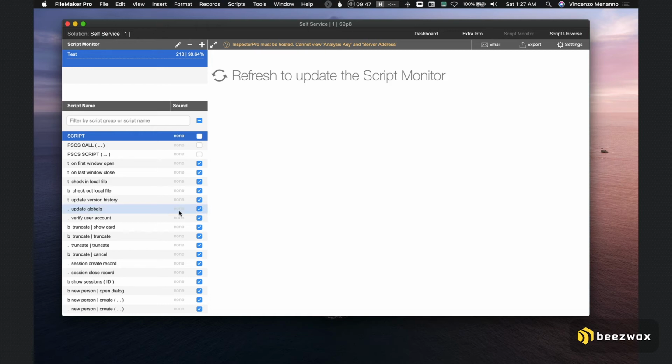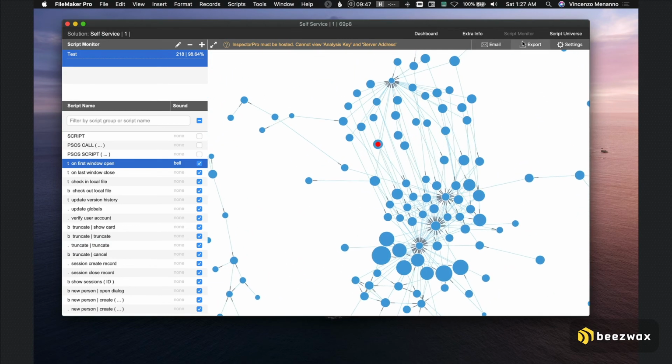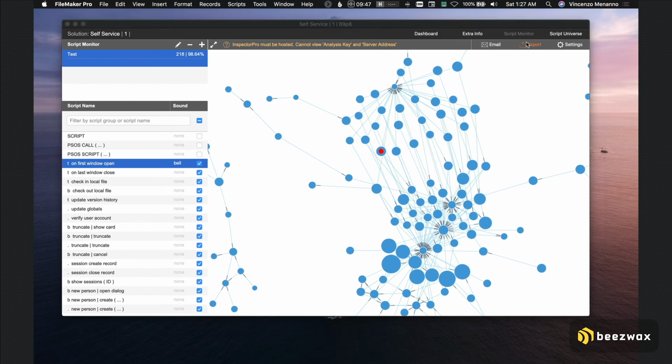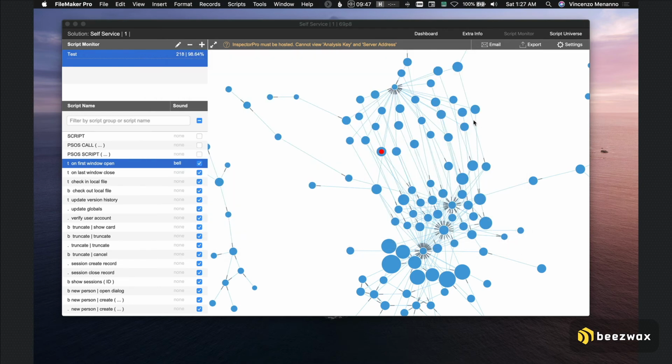It generates the monitor with all the scripts. Again, I could selectively pick the scripts that I don't want to have monitored. Maybe these scripts are not necessary to monitor. And I can also attach a sound. And when I'm done with my customization, I can refresh the monitor, export the script monitor, and what that'll allow